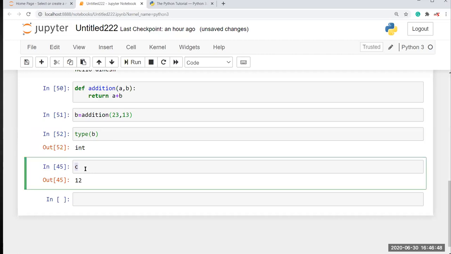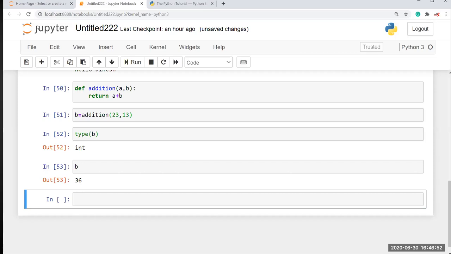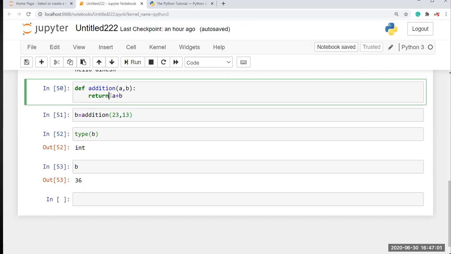Here I'm going to check b. B has 36 because return helps to store your function's value. So you have to use the return statement if you want to get a value from that function. This is the difference between print and return.